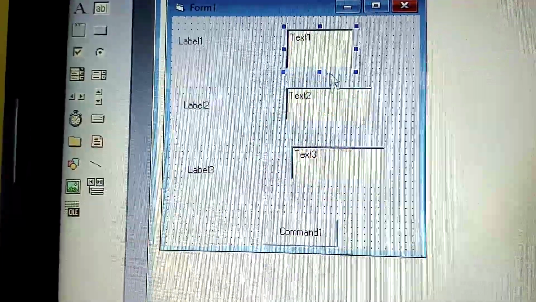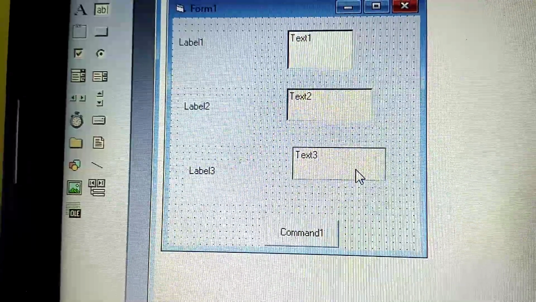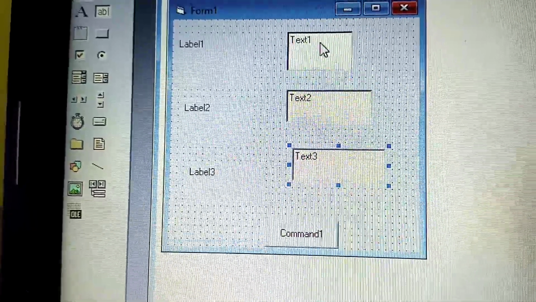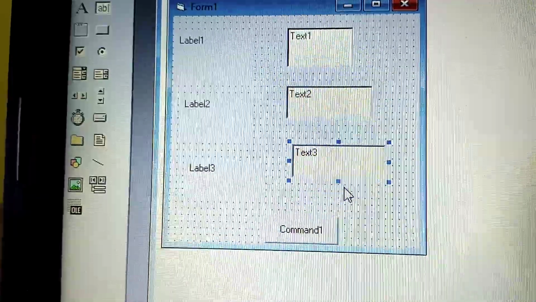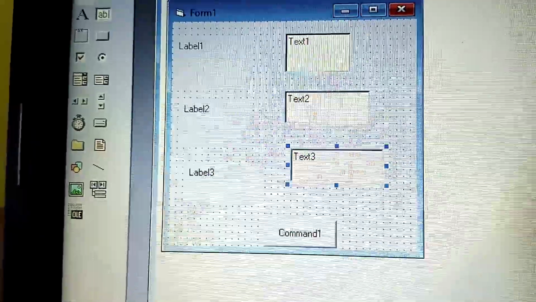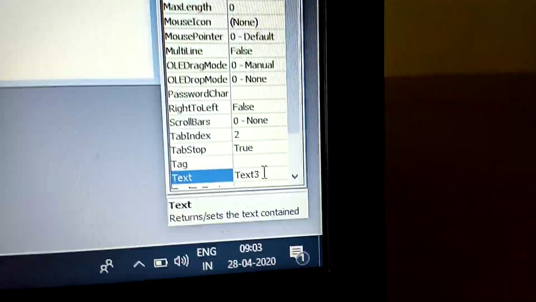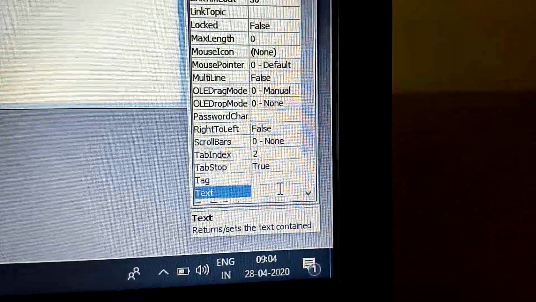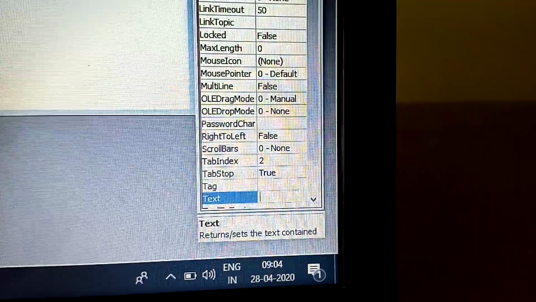Here Text1, Text2, Text3 is written over there. Now I am going to change Text1, Text2 and Text3, because if they stay written over there, it will look very odd. First I am going to change Text1 and make it blank.